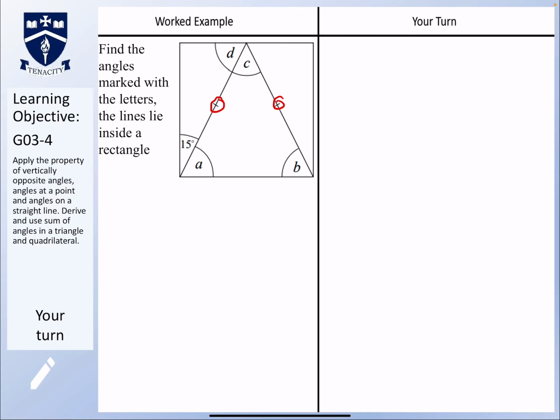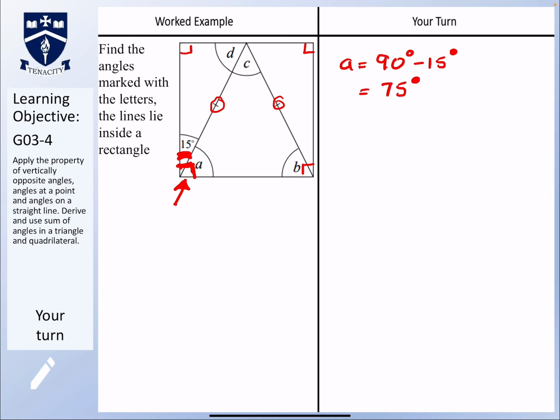So I know that there's a right angle here, here, here, and here. So I know there are four right angles there. To work out angle A, I know that it should be a right angle in this corner, but I know that part of it is 15 degrees. So if the whole angle is 90 degrees, and I've got this 15 degree part, I'm going to take it away